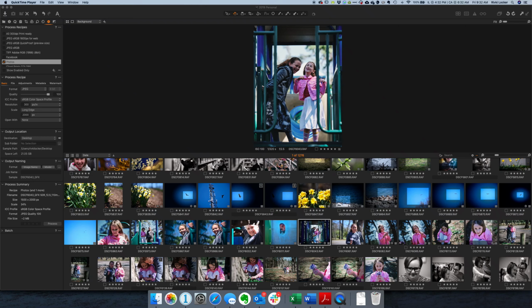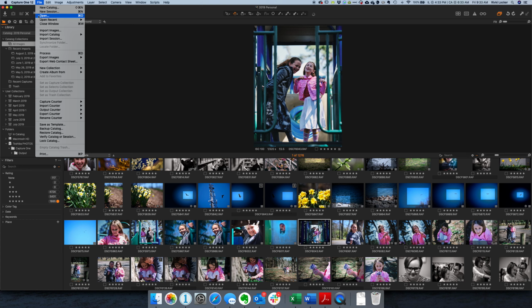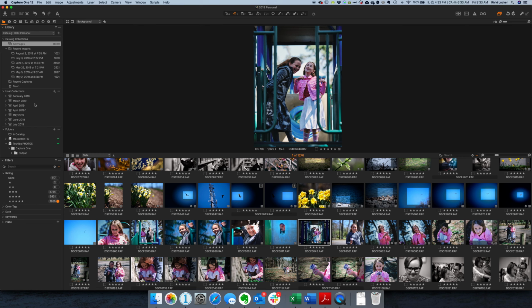Try to replicate the issue that I'm having in my Capture One catalog. Basically, just so you know what my workflow is, I normally work in a session, and then at the end of the month, I import my session to the catalog. I just go here and I click import session. I do that every month, and I've been noticing periodically that I have this problem, and yesterday it was actually